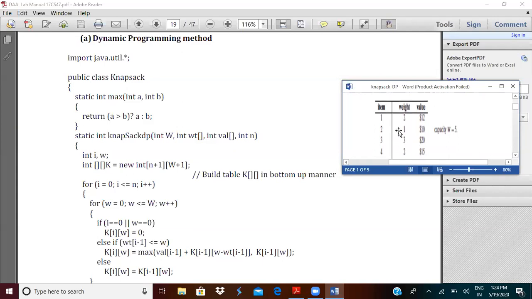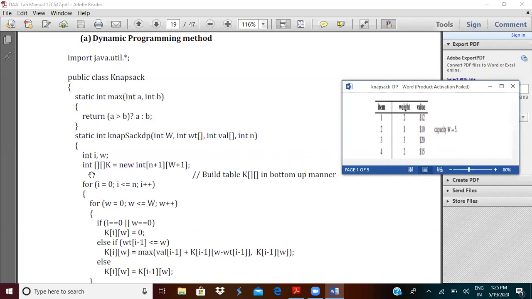This is the wt array. int val array is this column. int n is equal to 4, since there are 4 items, so n is equal to 4. I'm going to declare two variables, int i, w.